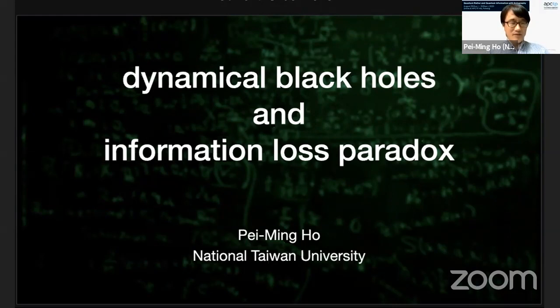And during the second lecture, maybe you would like to take a challenge to see what is missing, what people didn't check carefully. Is there any loophole in their arguments to believe in the conventional model? And then in the last lecture, I'll mention some of my recent works and point out directions in which the information loss paradox may be resolved.